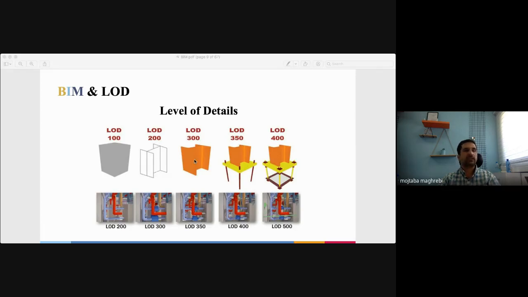At 300, you incorporate the materials. 350 comes with much more detail. 400 looks like an as-built model. If you have a LOD of 400, it means you no longer need any other representation of the drawings. With LOD 400, you can have all of that information.